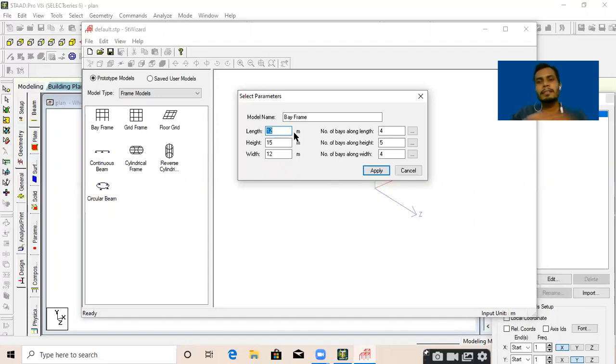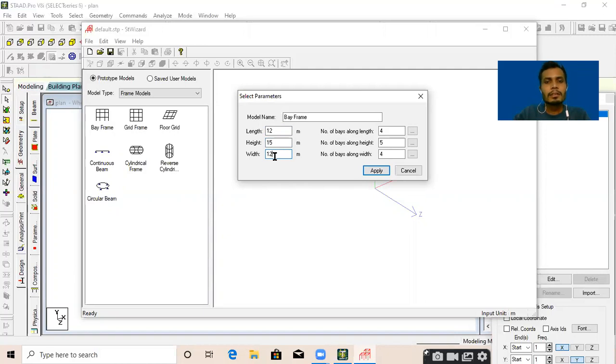Length is along the x direction. I'm providing a 12-meter length along the x axis. Provide height of the building. In height, I am taking a 15-meter height of the building. What about the width? Width is along the z axis. You need to take a width along the z axis.